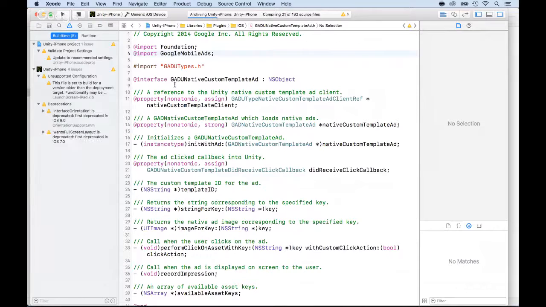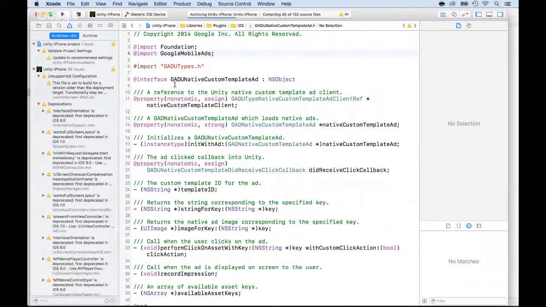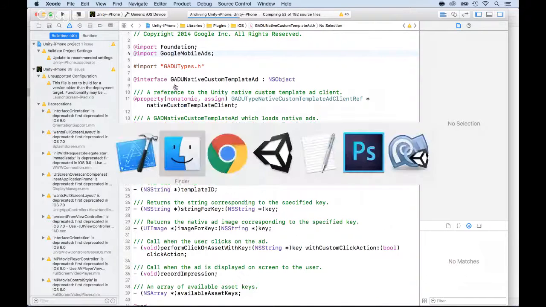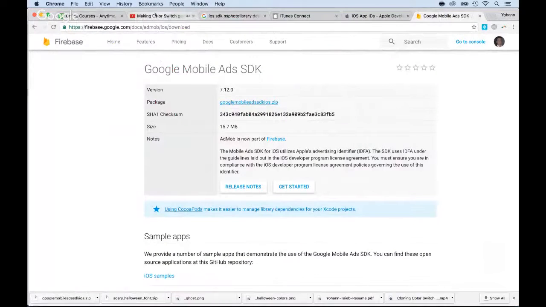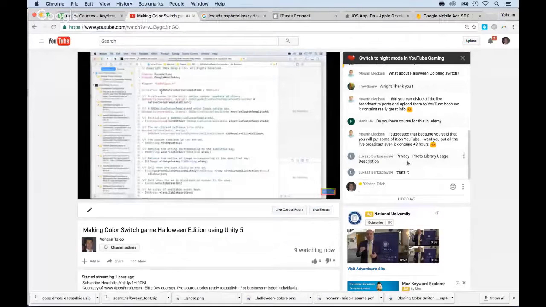All right, so far it seems good. It's archiving. So this might take a while, and we're going to be able to publish it in the iTunes App Store in a few seconds. Meanwhile, let me see if somebody is trying to ask me something. Okay, privacy. Yes,